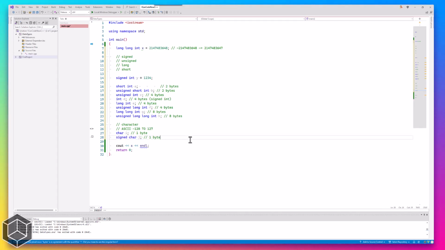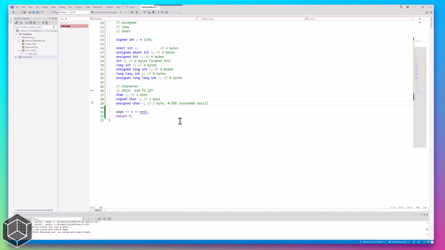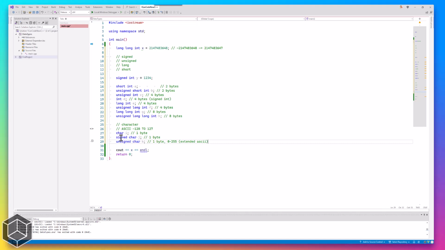And then we can also use this format. This is unsigned char. This will also take 1 byte, but all the values will be positive, so the possible values will be from 0 to 255. This is the extended ASCII, and the characters beyond 127 are not much useful, but can be helpful depending on the problems. So as we see, only signed and unsigned are allowed with the character data types,